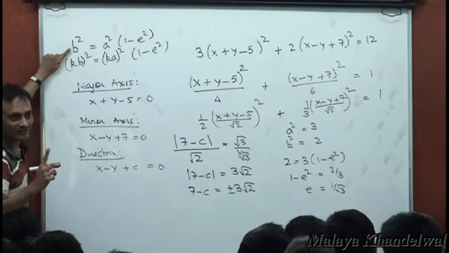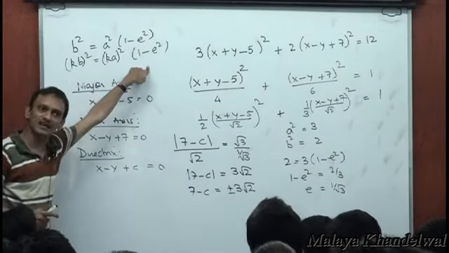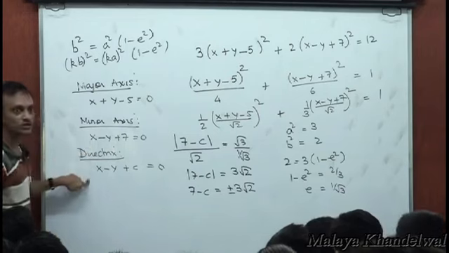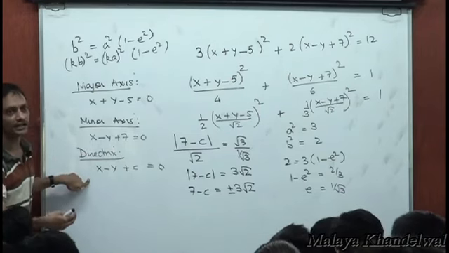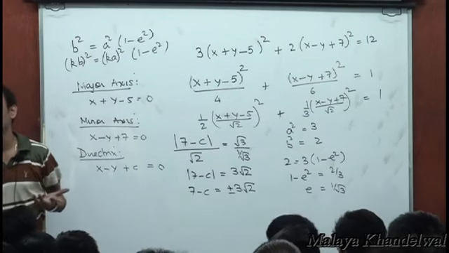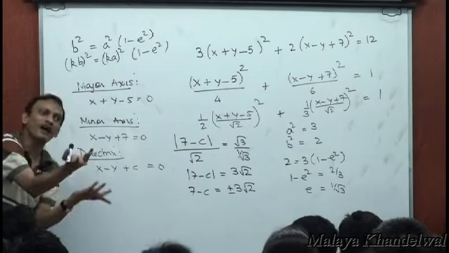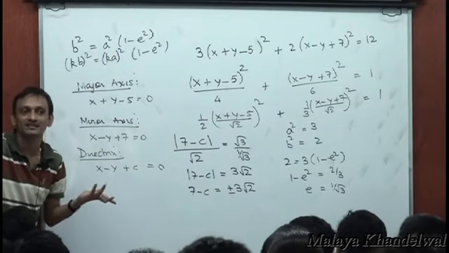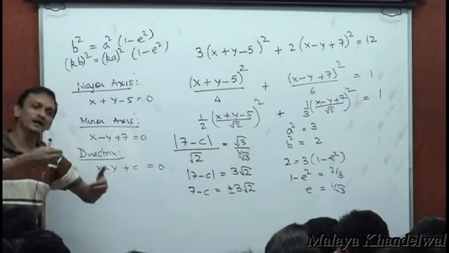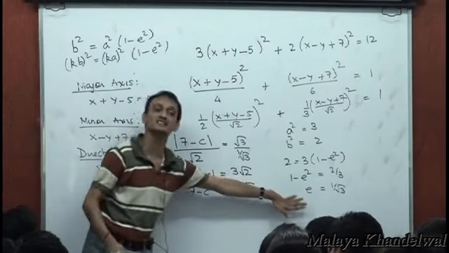You realize what you have done? You've taken kb and ka. You will still get the same value of eccentricity. Eccentricity is fine, but how about this? You're not going to get the right answer. Many sets of b's and a's will give you the same eccentricity. Even if you take by mistake b as 3 times b and a as 3 times a, you'll get the same value of e, because 3 squared would get cancelled. That's why, though you made a mistake, you've still got the right answer as far as the eccentricity is concerned,